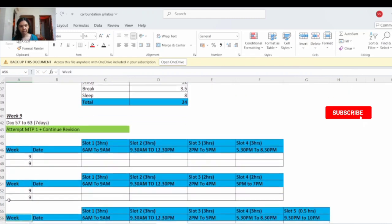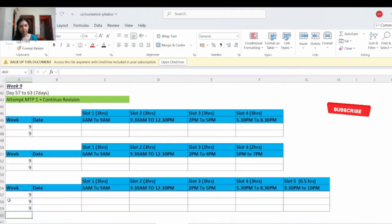Now moving ahead with the plan. So week number 9, that is day 57 to day 63 for 7 days. Here the plan will be to attempt mock test paper 1 and also continue with your revision. So the mock test paper dates have not yet been announced. But once the dates are announced, you can customize this plan accordingly. So in week number 9,